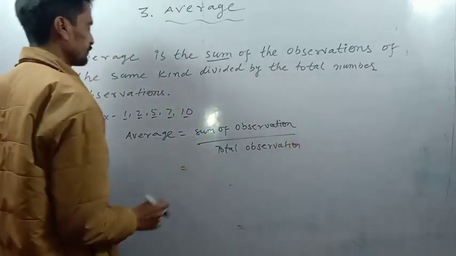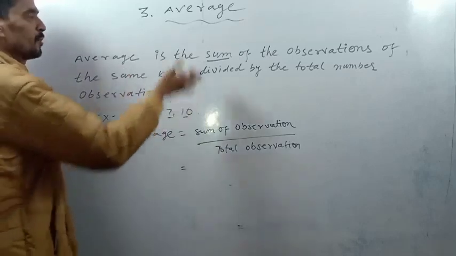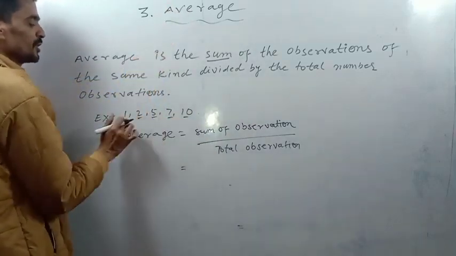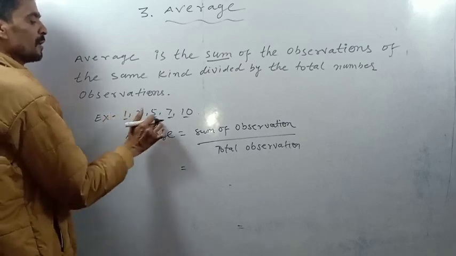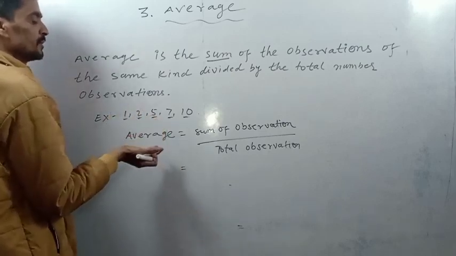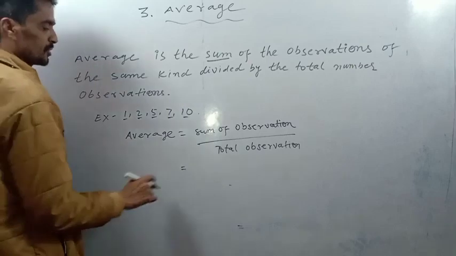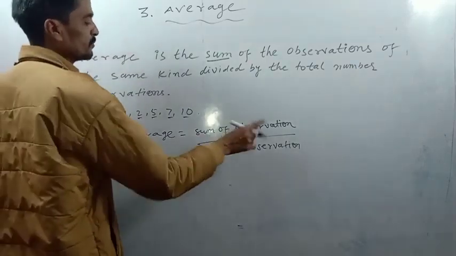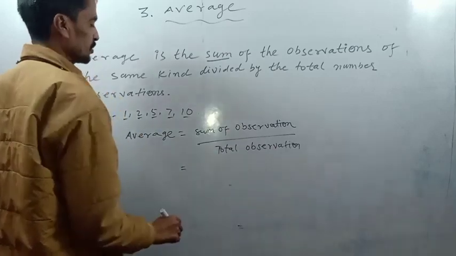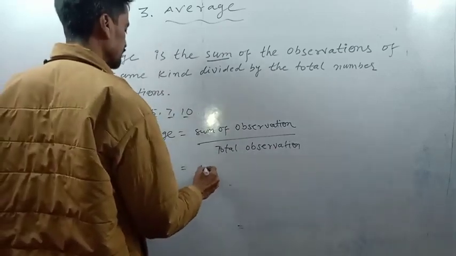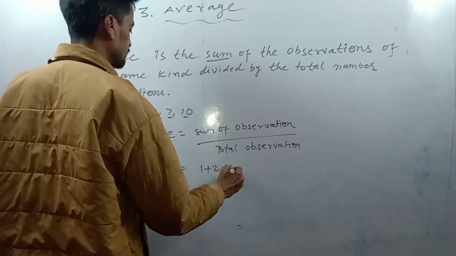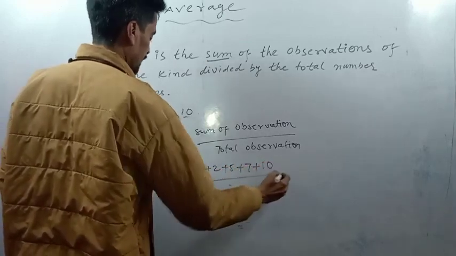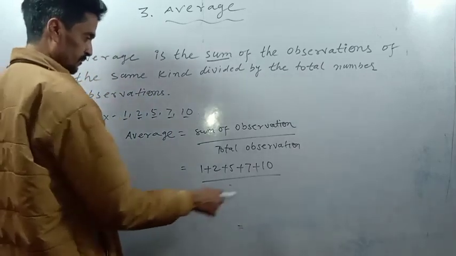So here, when we are studying about the average, these are the observations. We need to do the sum and divide it by the total number of observations. Average formula: sum of observations divided by total observations. So the sum of observations means 1 plus 2 plus 5 plus 7 plus 10, and the total number of observations is